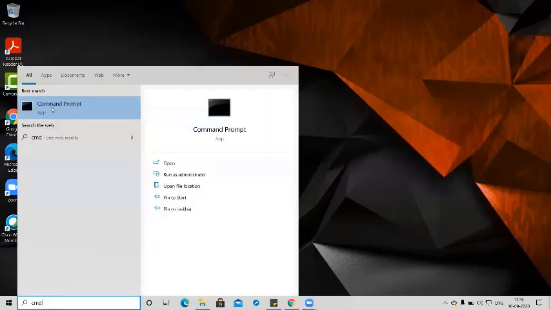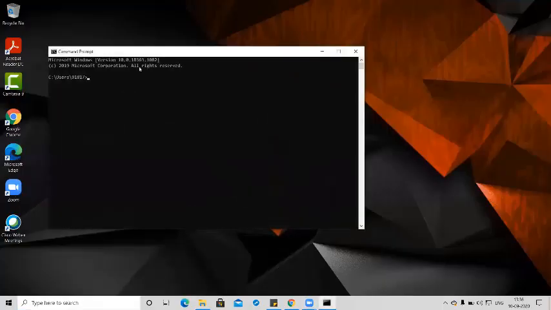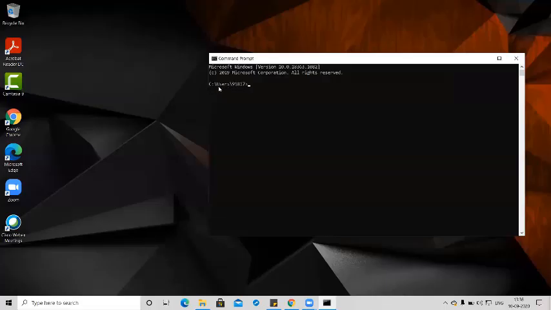Then it will open a command prompt for you. This command prompt is with your root path. See, Users, this is your name. Whatever name your system has, that name it will display. In this system I have the number, see Users, this number.